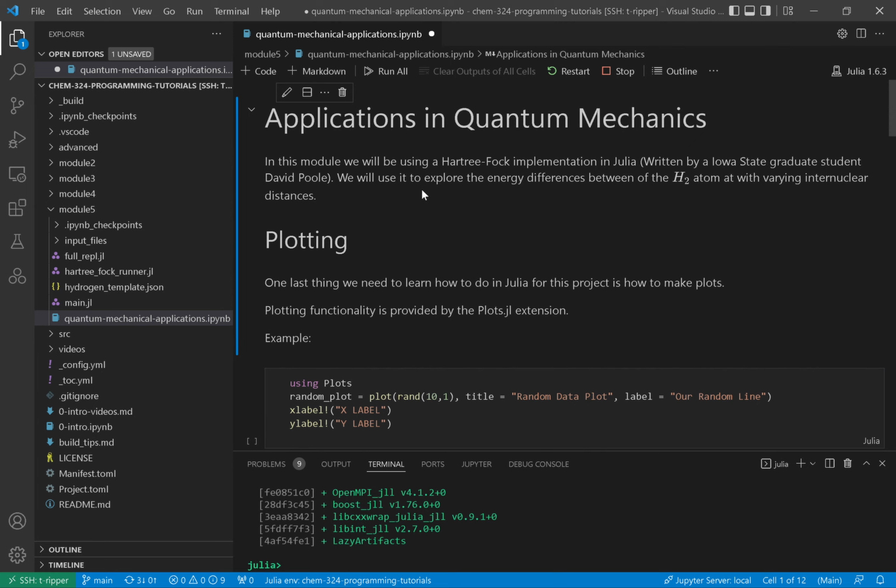So there is an implementation of Hartree-Fock, the quantum chemistry calculation algorithm, in Julia. It was written by a previous Iowa State graduate student in my group named David Poole. It's also the project that I currently work on, hence one of the reasons why we're using Julia. We will use it to explore the H2 atom at varying internuclear distances, and our goal is to try to find the internuclear distance that's at equilibrium, so the lowest energy value, which we will hopefully be able to do